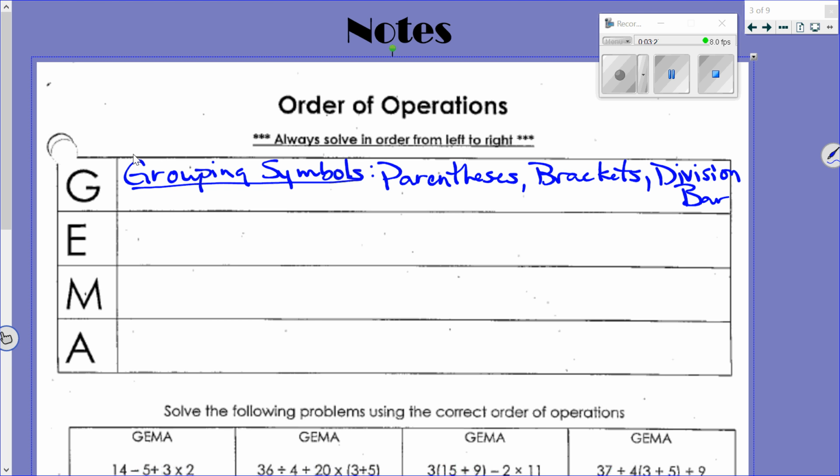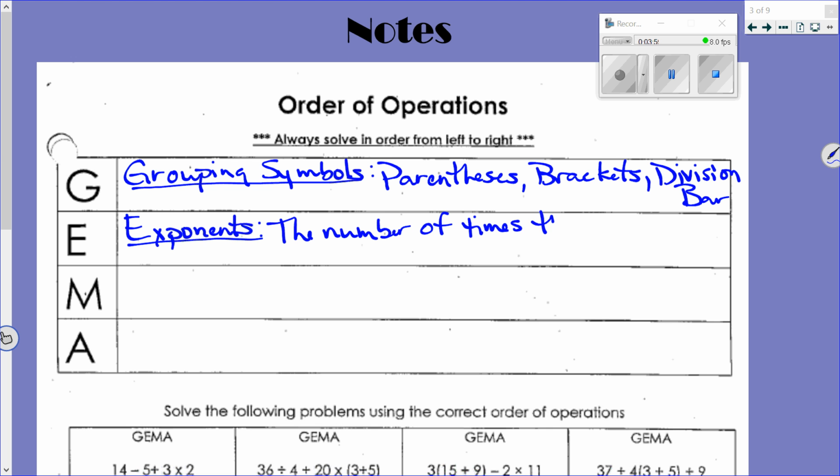Now, E didn't change, so E is the same. JJ? Exponents. Good job. So E is our exponents. Remember on the exponents, because we're still seeing a lot of struggle on this, the exponent tells the number of times the base is being multiplied